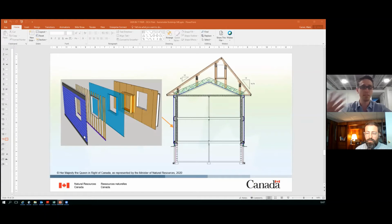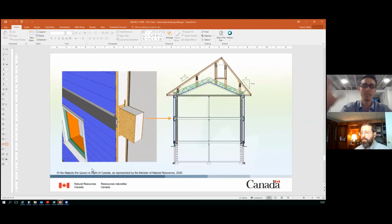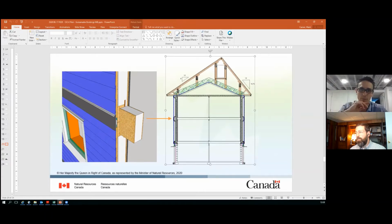So coming finished to the site, we've got all of those all the way around on the first floor, and then we move to the second floor where we'll have, once again, those box beams as support to make sure that everything lines up very well. But then we've got that membrane that we're able to take from basically the foundation through to the first floor and then into the second floor. And the panels on the second floor are essentially the same as what they were on the ground floor. And then that brings us to our roof,